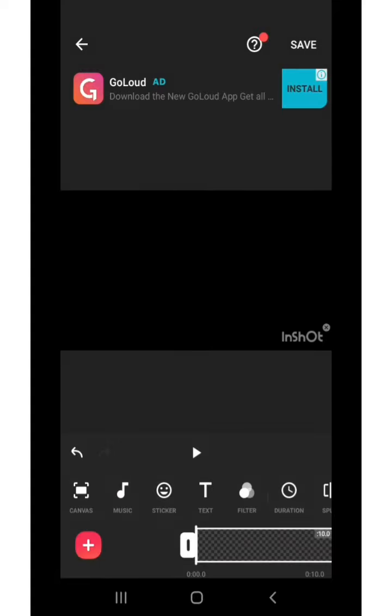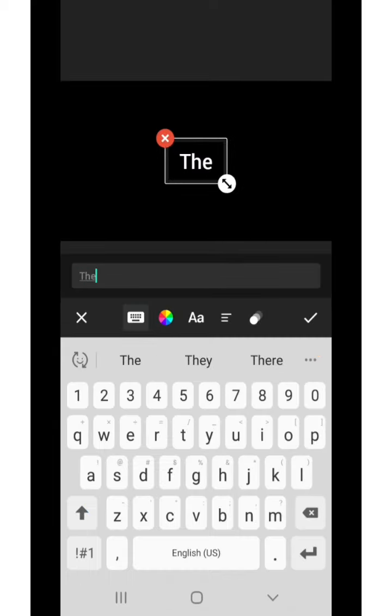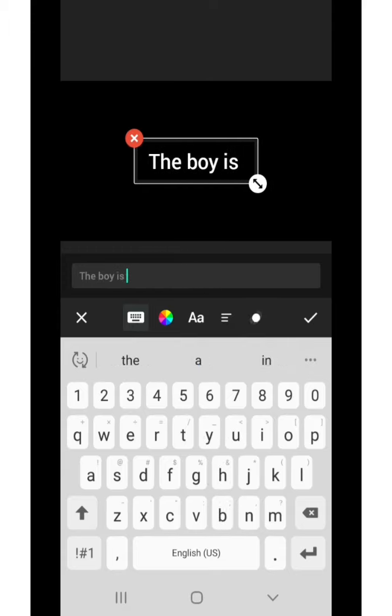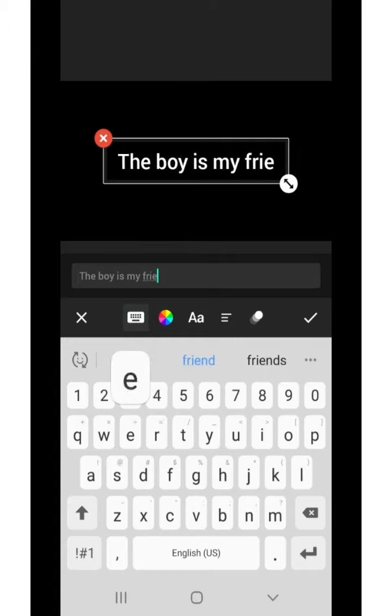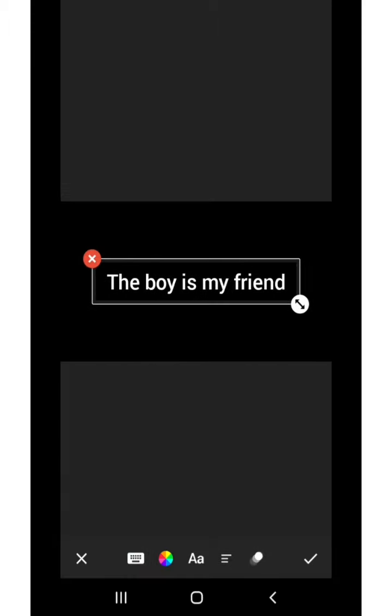Now what I'm going to do is basically just put some sentences in. You're going to click on text. So here I have the first sentence, but I don't want it to just appear on the screen. So I'm going to click on the circle at the bottom of the page that is moving up and down,